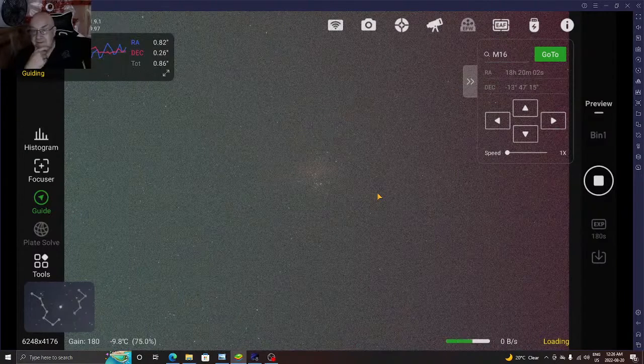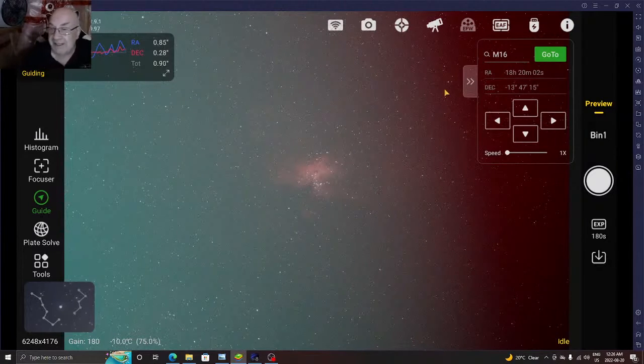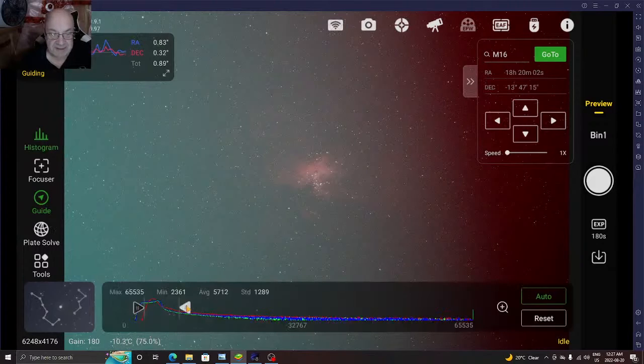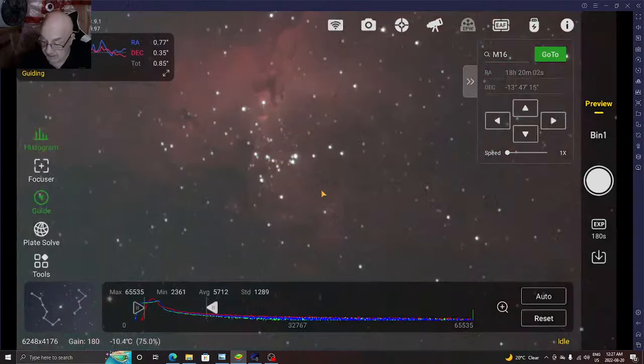Okay, let's see what we got here. I'm not expecting much for this image, even though it is one frame. Well, better than I thought, but you can see again the outline. I think this mosquito. This is the outline of my roof, but it's also very bright in here. This is brighter than it normally would be because of light pollution. Let's try to bring the histogram down a bit. It's not so great,